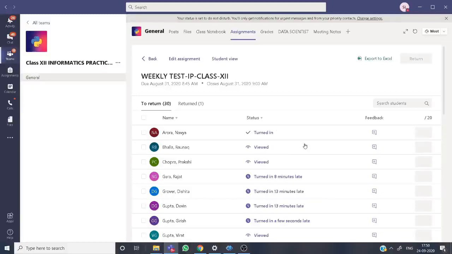But remember one thing, don't forget to send the student, they will click on, if they are doing it from the mobile, Hand in, from the laptop, Turn in, okay. So that is a confirmation I want to show you.